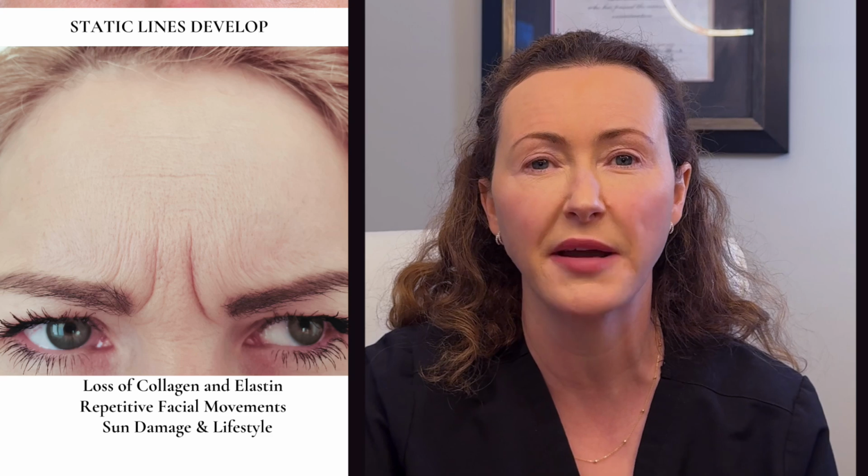Now, a lot of patients might start to see that in their late 20s, early 30s. Some patients I've noticed, particularly Australian patients who've had a lot of UV damage, will have lines at a much younger age. So whenever you start to see those static lines, that is the optimal time to come for a